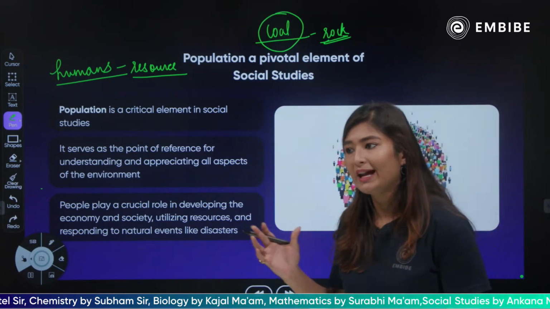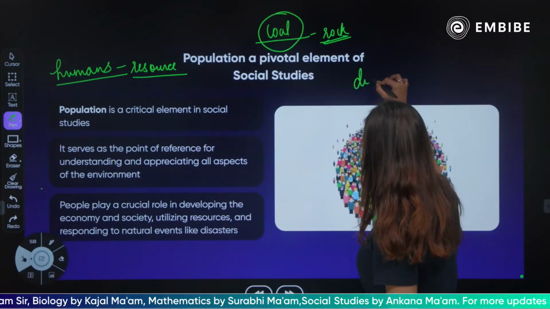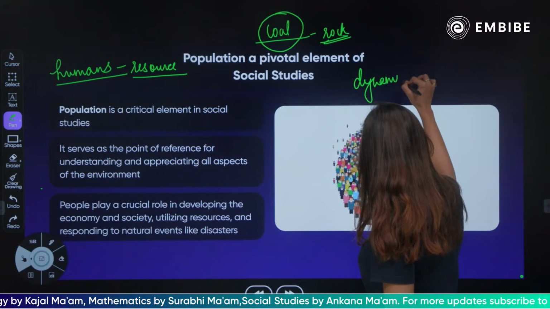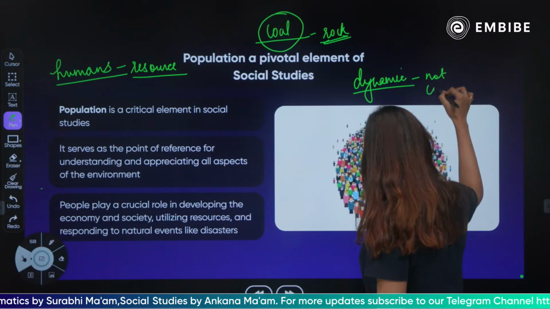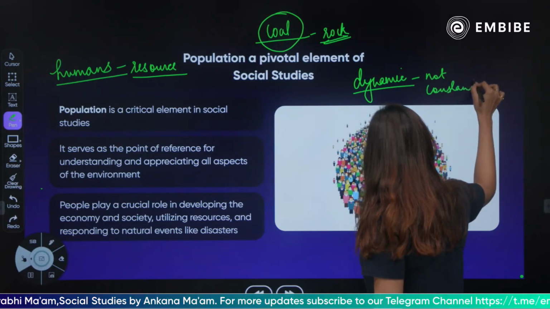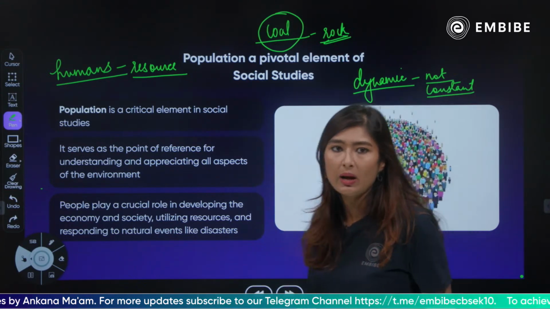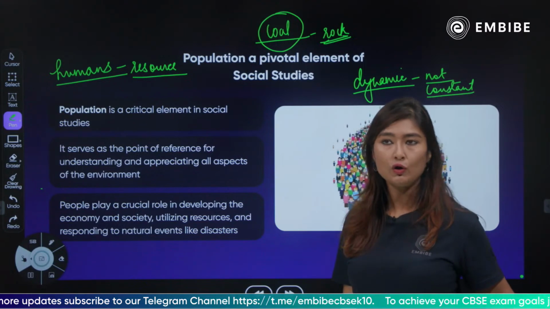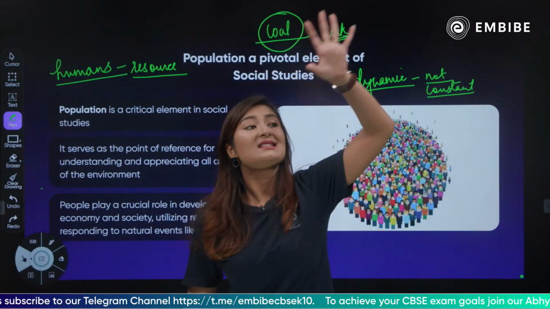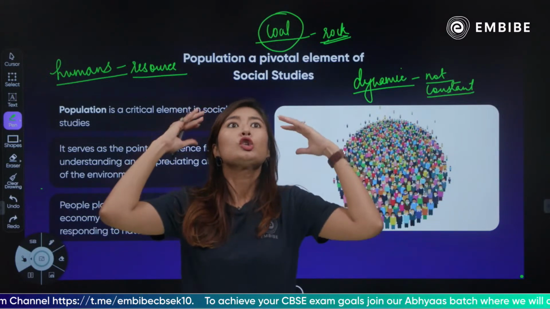Plus humans, the way they have grown, it's very dynamic. Okay, it's very dynamic. When I say dynamic, what does it mean? It means not constant. It has been changing with the time. It has been growing, decreasing, developing, maybe not developing, going backwards. But population keeps on changing. If you look at the graph from since when the humanity has started existing to date, you will see so